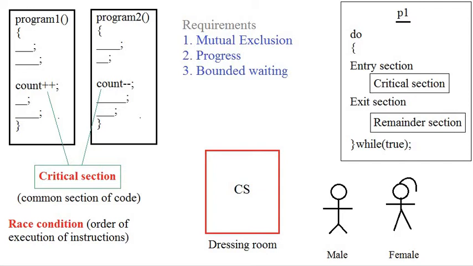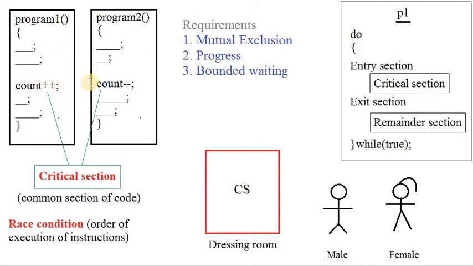The operation is different on that variable, but they share the same common variable. But what about the remaining statements? The remaining statements are not similar to the statements in the second program. Similarly, these are all different statements from program 2. But the common statement is there, with the variable count. In such cases, we may have inconsistent results at the end. Suppose while you are executing both the programs in parallel, you may get inconsistent results.